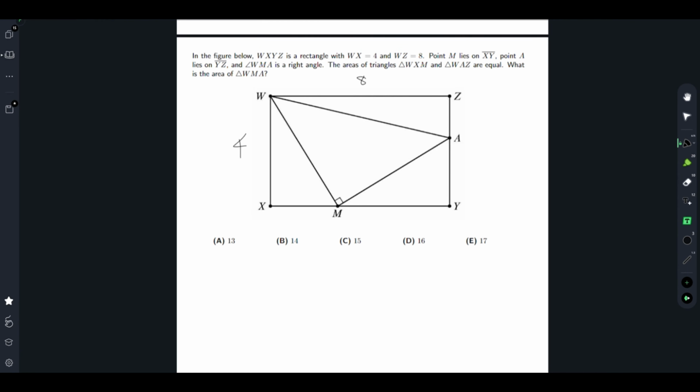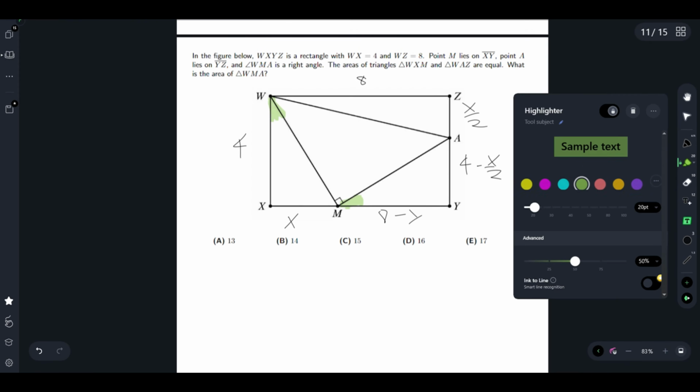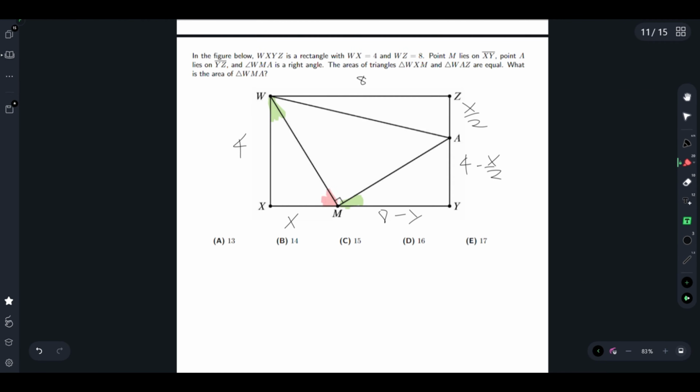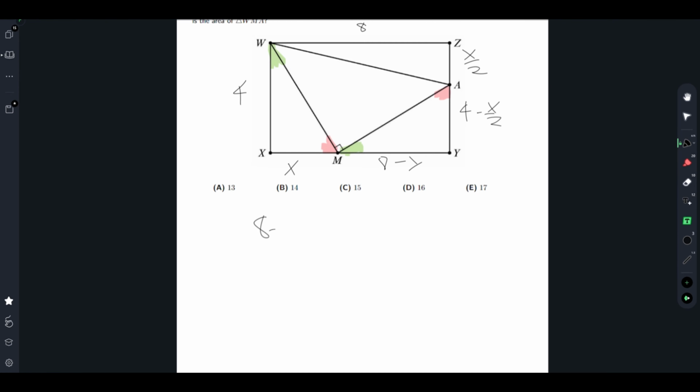So first we can set this as X, and so this is X over 2 because these two areas have to be equal. This is 4 minus X over 2, and 8 minus X. We notice that these two are similar triangles because this angle is equal to this angle, and vice versa for these two. So we get (8 minus X) over 4 is equal to (4 minus X over 2) over X. Cross multiplying